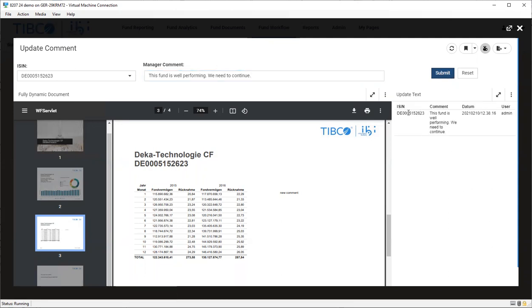Now I can preview that comment in here. You know, see it's linked to an ISIN. There's my comment. There's the date. There's the user that generated that comment. And actually, that's all I need. So if I refresh my document,